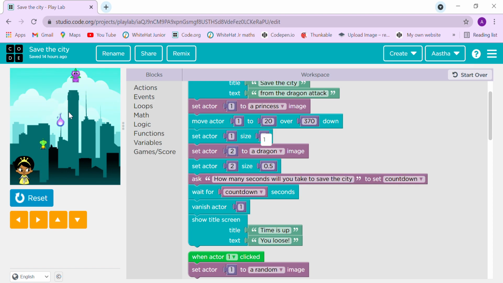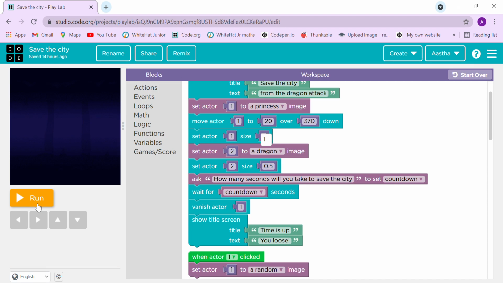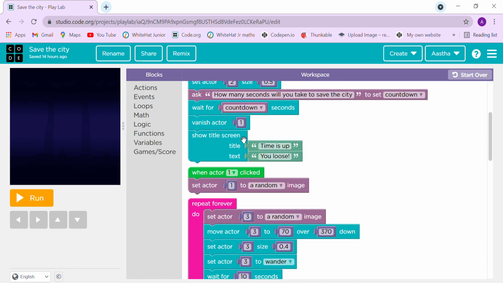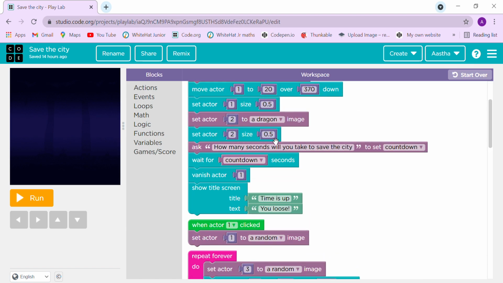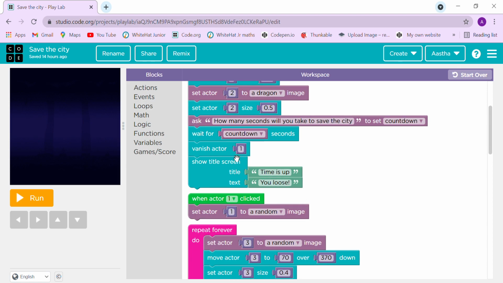I have taken 6. You will be able to see that the size of that princess has increased. So let me make it 0.5 only. Now set actor 2 to a dragon image, and then we set actor 2 size to 0.5, its actor size.